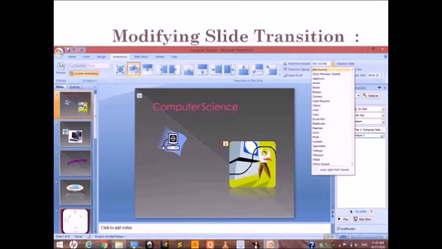For example, if you want to add any sound in the presentation, or if you want to change the timing, you can also apply this new timing to each slide object moving from animation on that slide. Okay, so let's practically demonstrate how to apply the transition effect to the slide and how to modify the transitions.